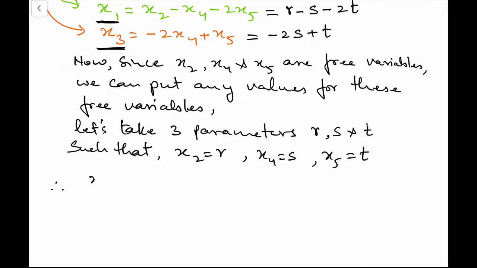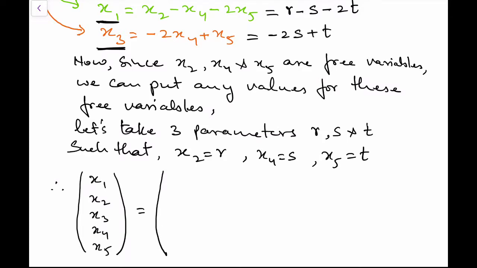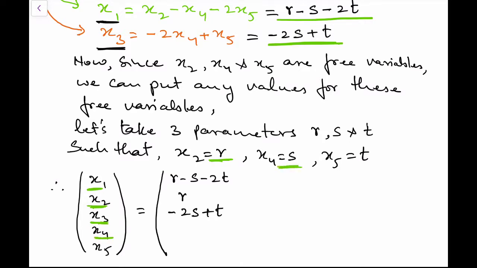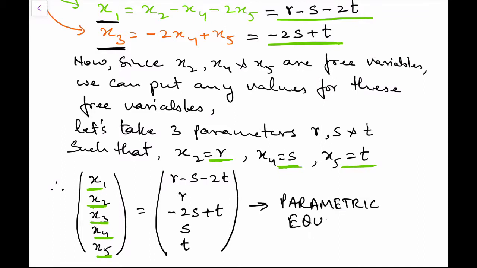Therefore x1, x2, x3, x4, x5: x1 is r minus s minus 2t, x2 is r, x3 is minus 2s plus t, x4 is s, and x5 is t. And this is the parametric equation,